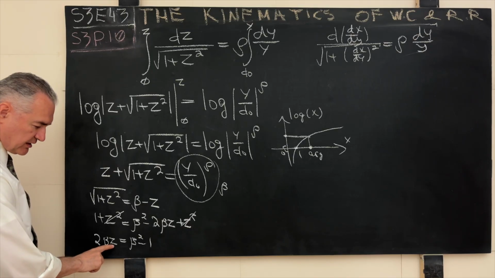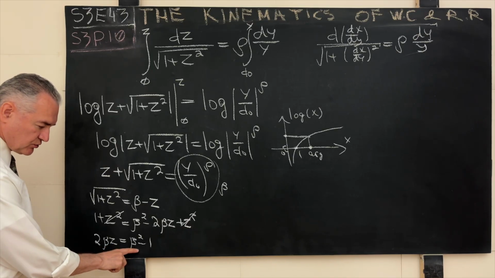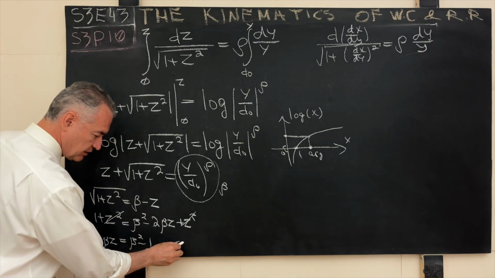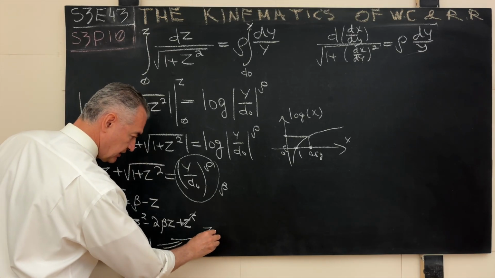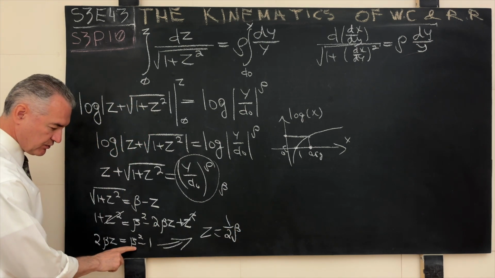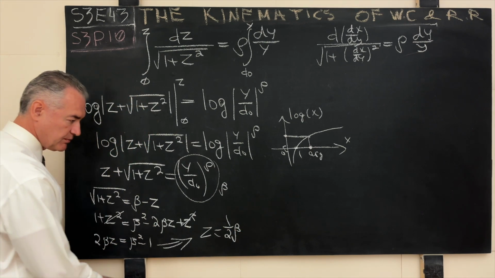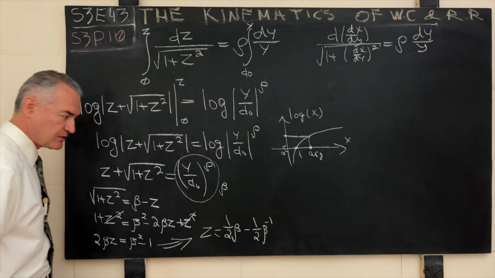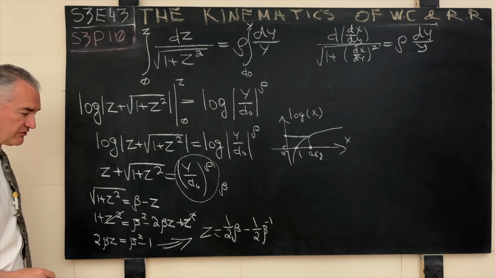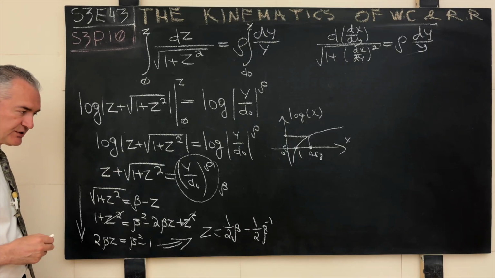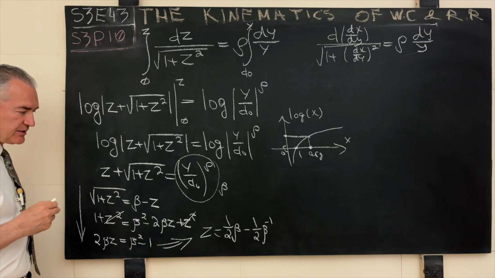And now you want to isolate z, so you divide both sides of the equal sign by what? By 2 copies of beta. So from here, you will obtain what? That z is equal to 1/2 beta, because this kills 1 copy of beta here, and it will be minus 1/2 of beta, the reciprocal, beta raised to the negative power. This is typical high school reasoning, and in some sense there is nothing wrong with that. But more grown-up mathematicians will do the following.